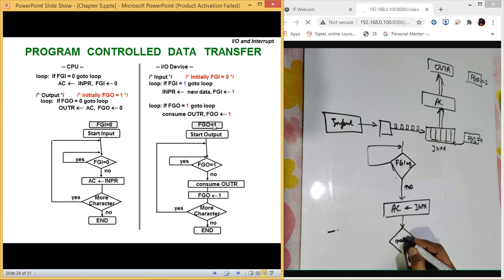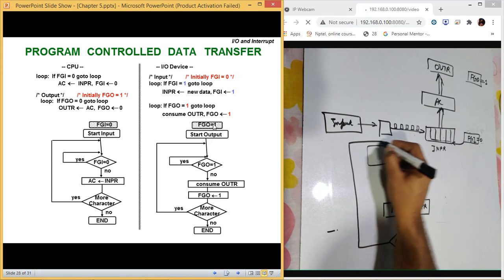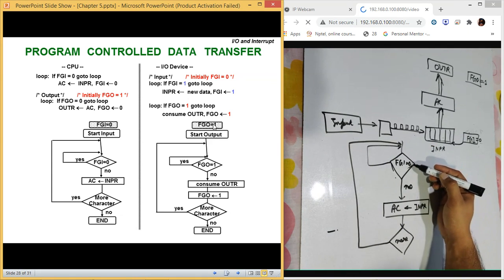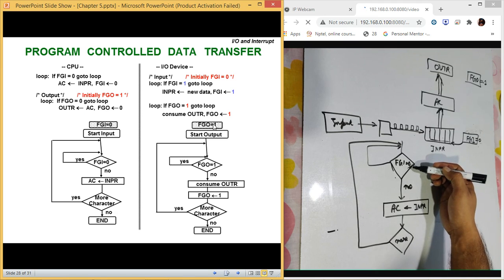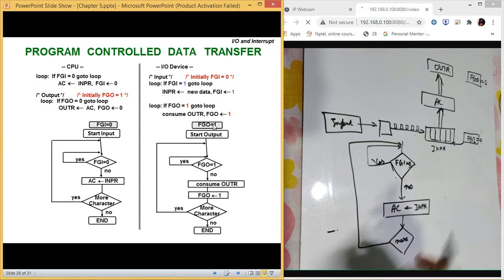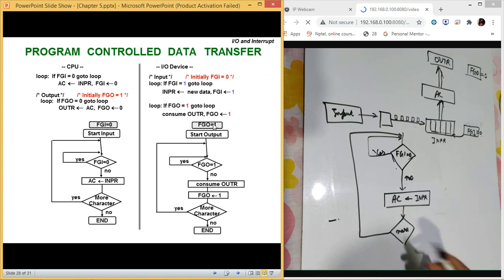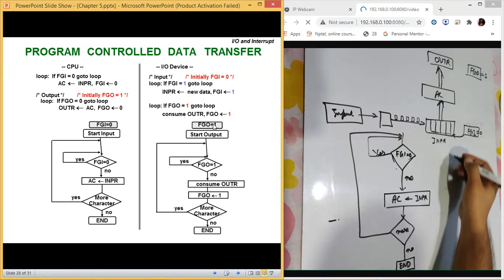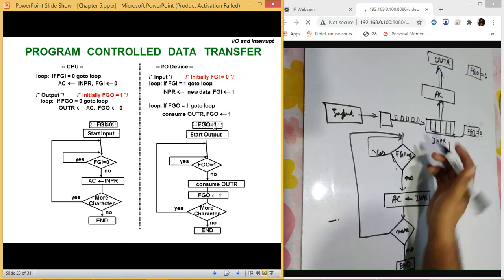If there is more data, we get back to this place, meaning FGI will be reset to 0, and we still wait for the new data. If there are no more data characters, then simply end the process. No further transfer will be done. So this is for the input.